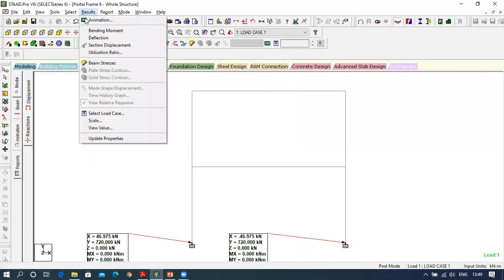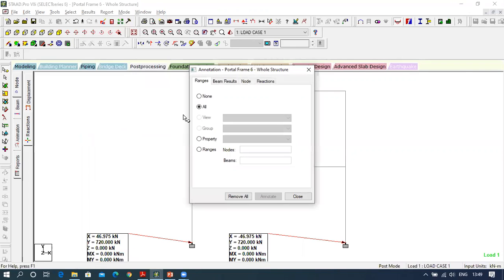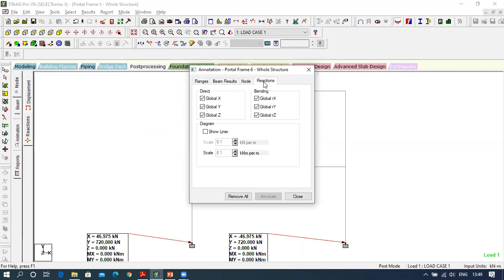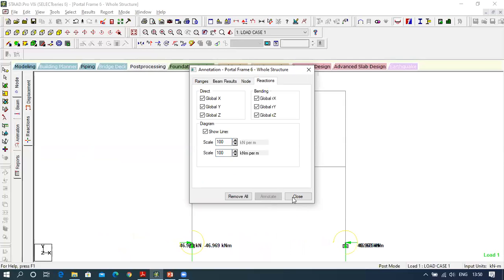So to see the reactions in a diagrammatic manner, you click on results, view value, and reactions here, show lines, increase the scale, and rotate, close.